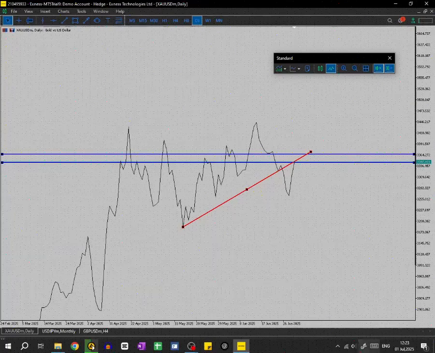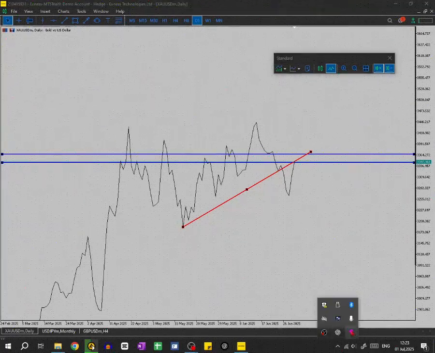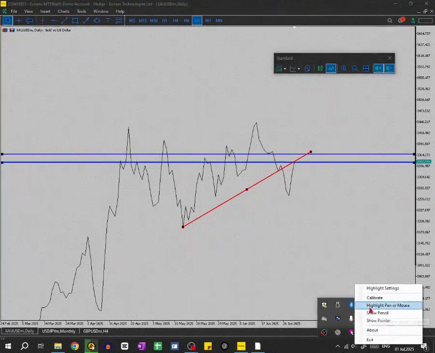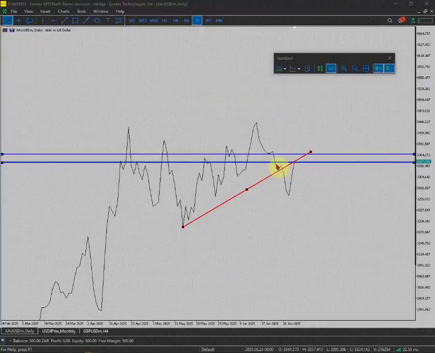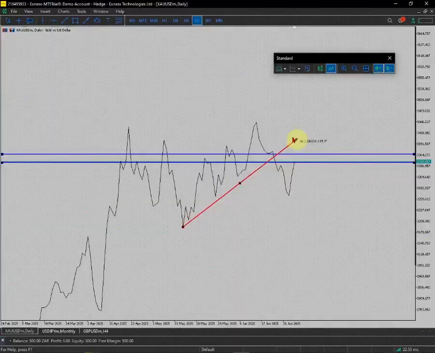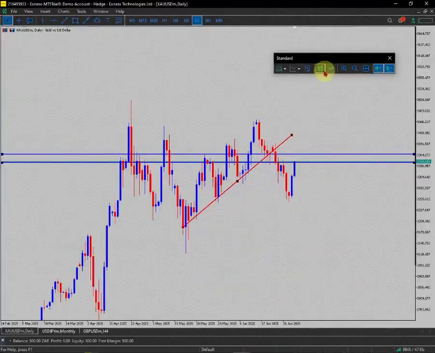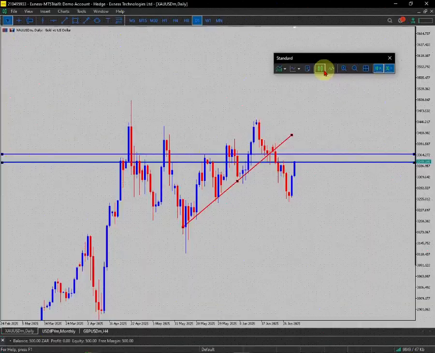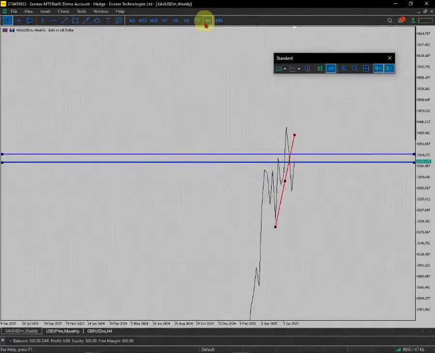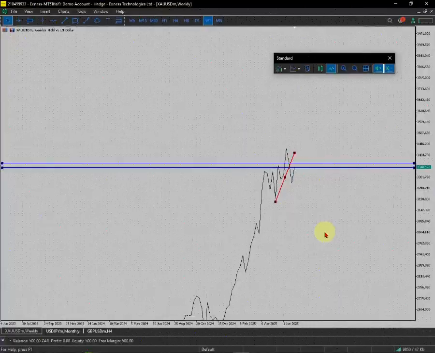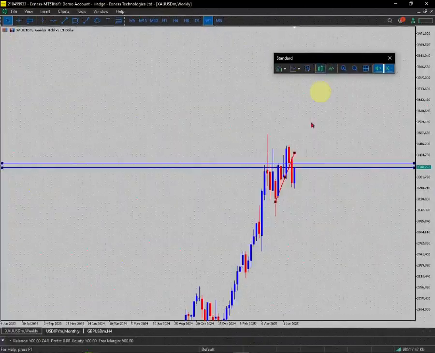Let me show the highlights. Yes, right here you can see that it's been broken, showing that it was in a downtrend, but right now it's up and down. Because when I go to a higher time frame, my weekly, you can see that the weekly just hit